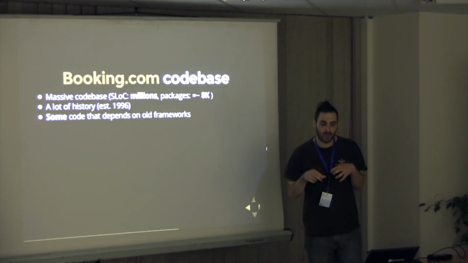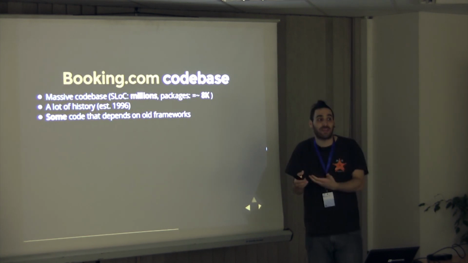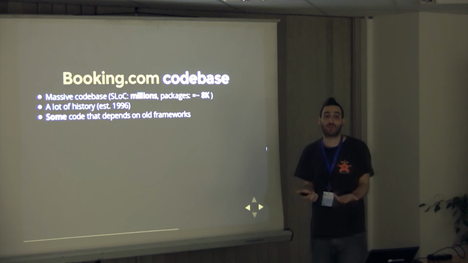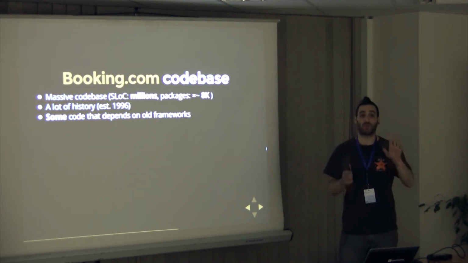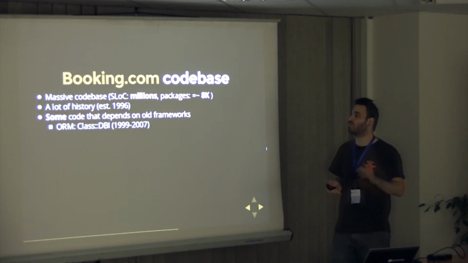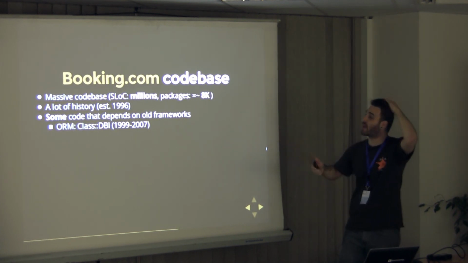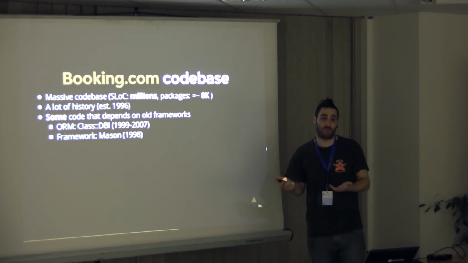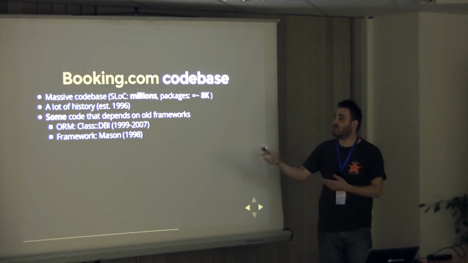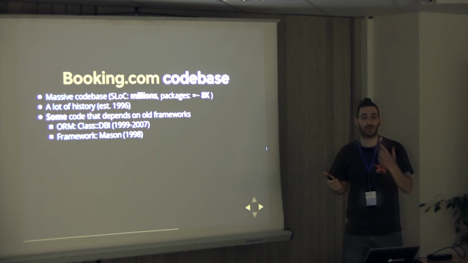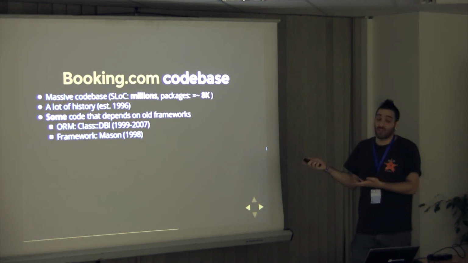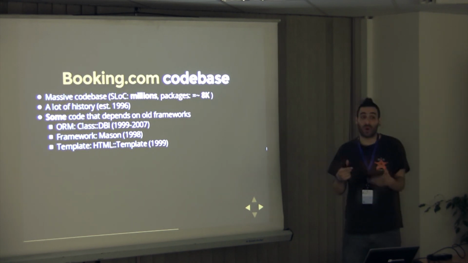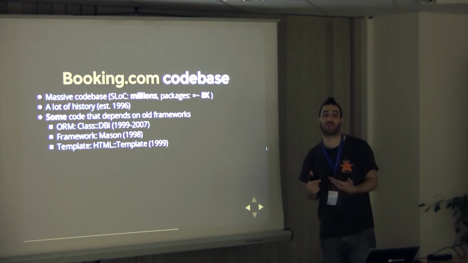That means that some of the code depends on things that existed then, that either don't exist now or have been replaced with newer stuff. Some of this code, not all of it, might use an ORM called Class::DBI. It's pretty old. There's a new one since 2005. Some of it uses Mason, which is an old web framework that started in 1998. HTML::Mason's template engine we actually rewrote to be much, much, much faster.